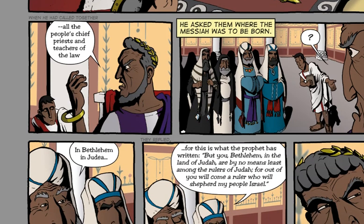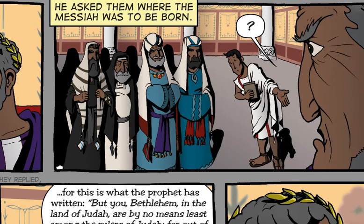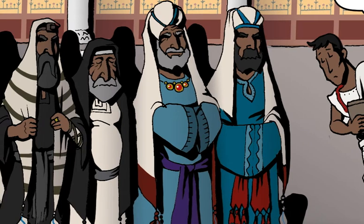Okay, cool. Then he says he called together all the chief priests and teachers of the law, and they come. Now, again, this is a nice and interesting bit. So you got him in the foreground, his little administrator bloke, and then this guy's like the chief priest, and these guys are the Pharisees, and you'll notice that the two in the middle are like older ones, but who